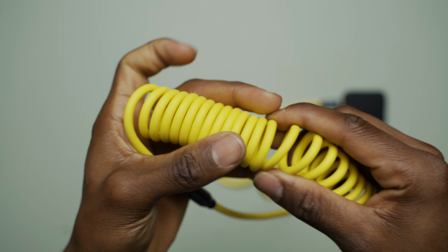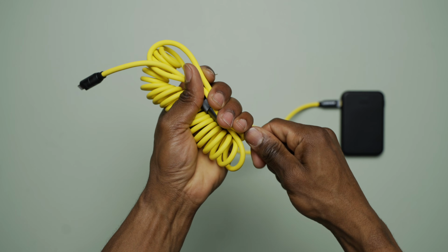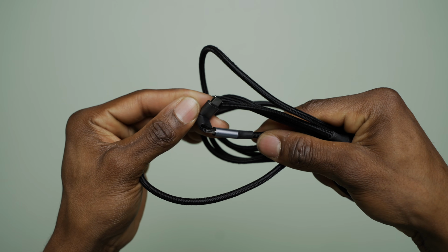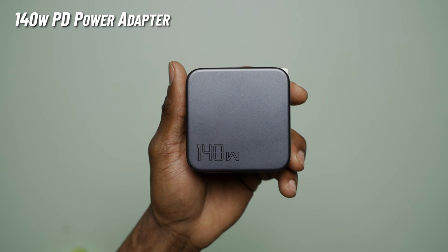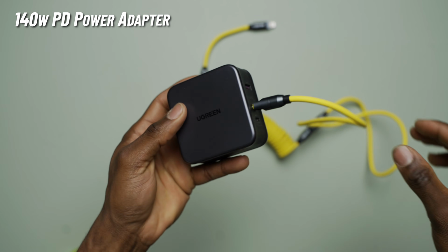There's also a second option on the website for a braided style cable if you fancy that instead. I also like to bring an additional USB-C cable for when the future cable is in use, so I travel with a long braided 100 watt cable from Ugreen as well. The next item is a 140 watt power adapter from Ugreen that goes really well alongside the future cable for